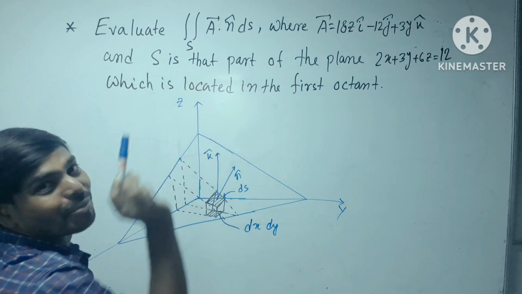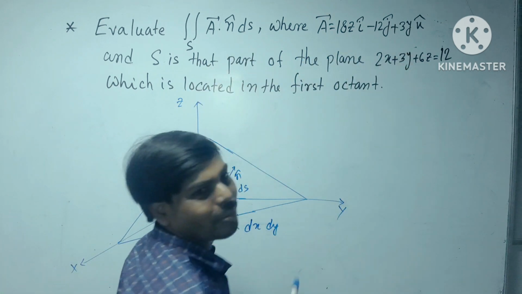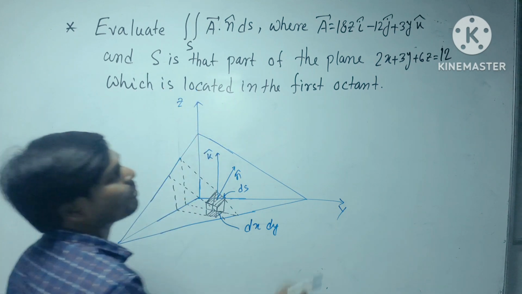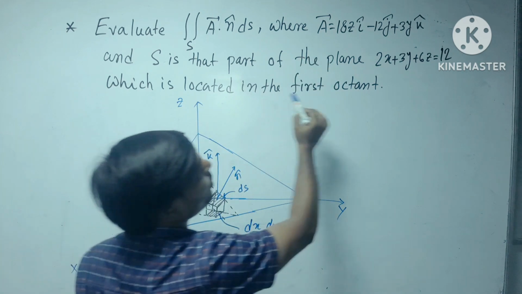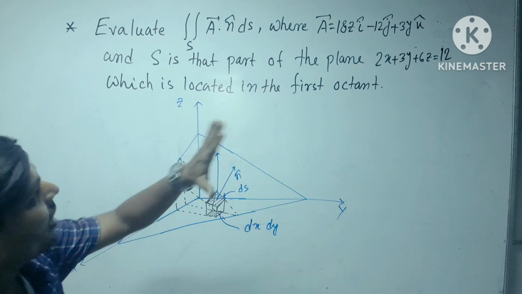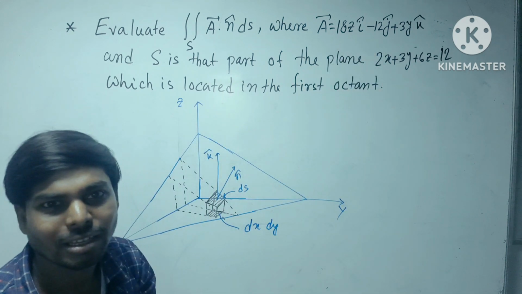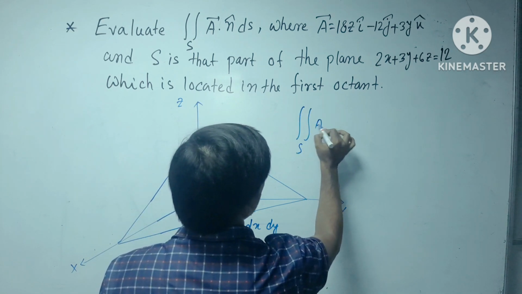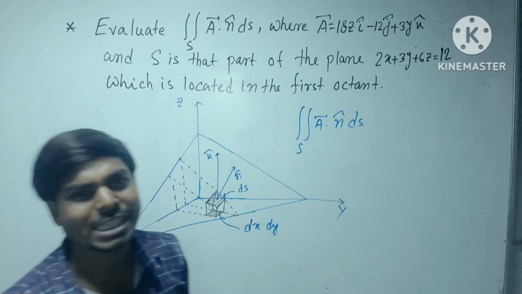দিস ইজ দ্য সারফেস ইন্টিগ্রেশন, a vector dot n cap dS, where a vector field is given, যেখানে a vector field দেওয়া আছে and a surface is given, যে সারফেসের রেসপেক্টে আমার a vector ফিল্ডের ইন্টিগ্রেশন করতে হবে, সেই সারফেস ইজ অলসো গিভেন, অ্যান্ড দ্য ইকুয়েশন অফ দ্য সারফেস ইজ 2x plus 3y plus 6z is equal to 12। তাহলে এই সারফেসের রেসপেক্টে আমার সারফেস ইন্টিগ্রেশন করতে হবে। হোয়াট ইজ দ্য ফর্মুলা ফর দ্যাট ওয়ান? সো সারফেস ইন্টিগ্রেশন a vector dot n cap dS।